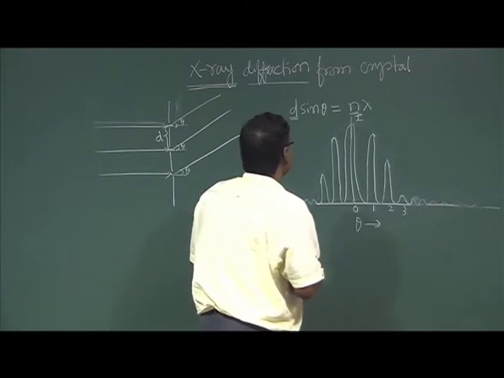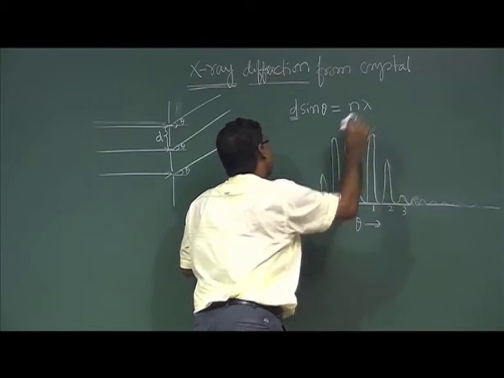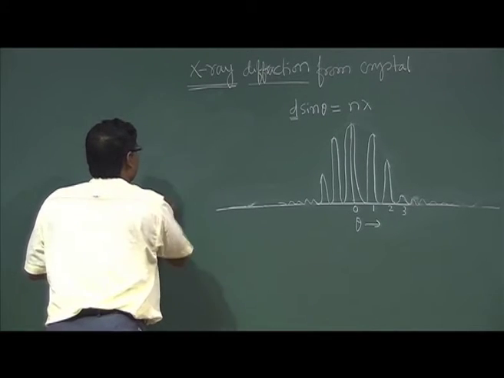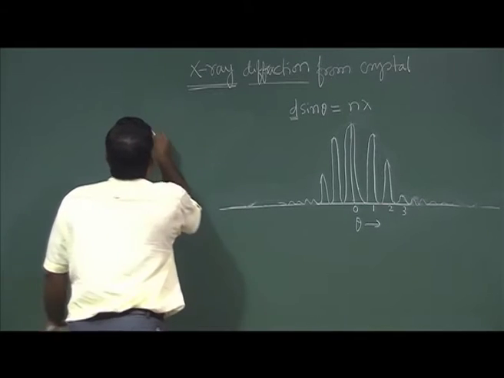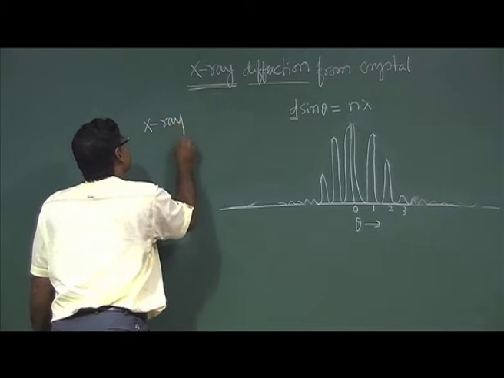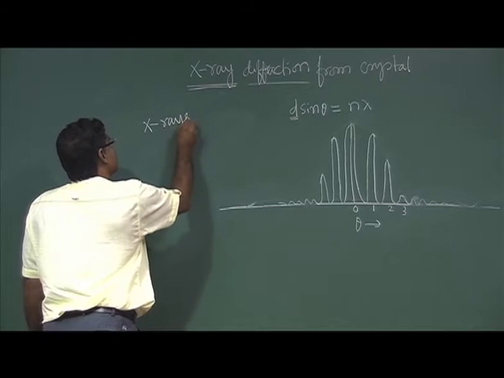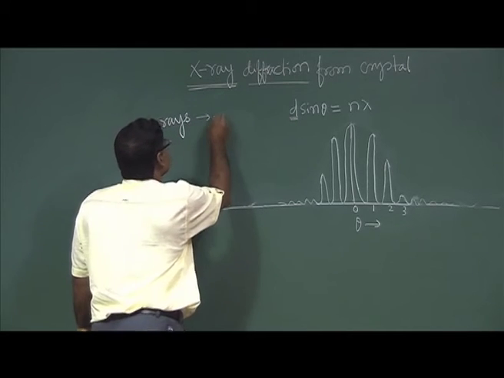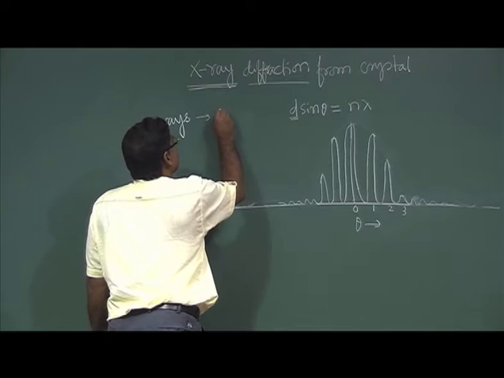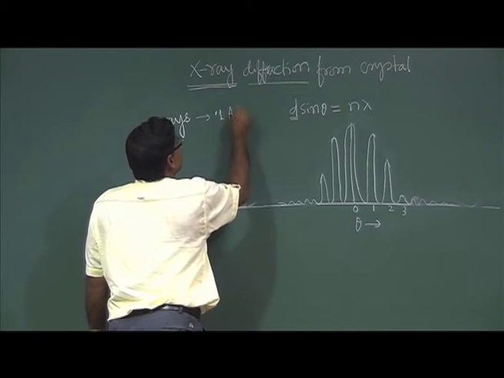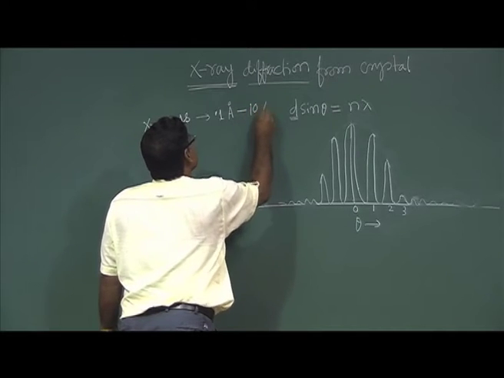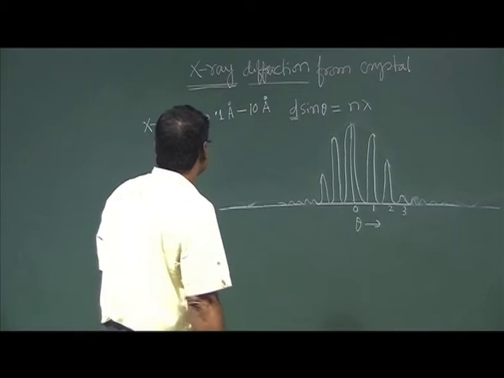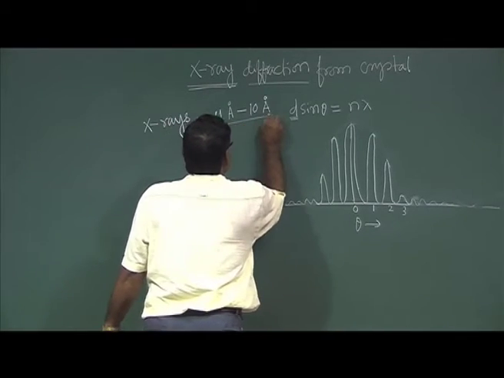In case of X-ray, as I mentioned, the wavelength is generally in the range of, say, 0.1 angstrom to, say, 10 angstrom. So, using this X-ray,